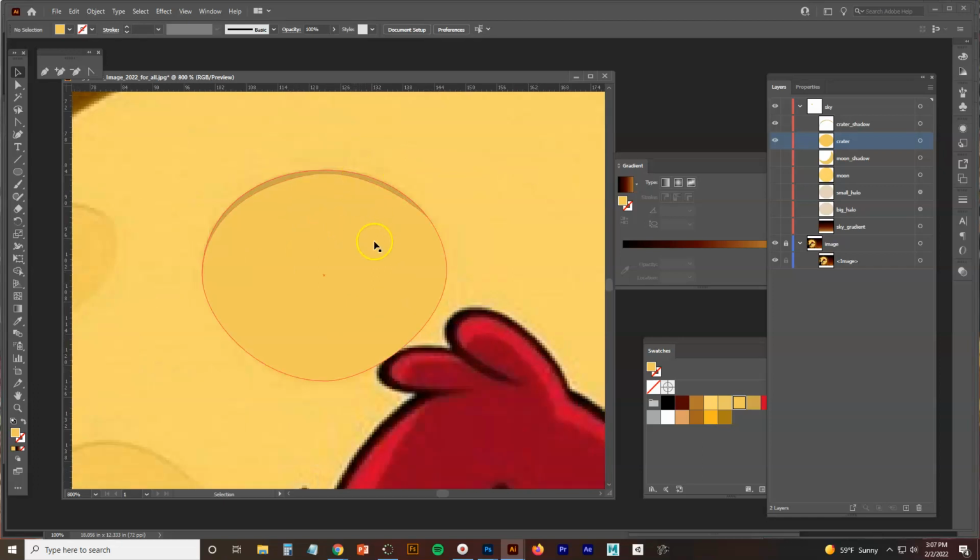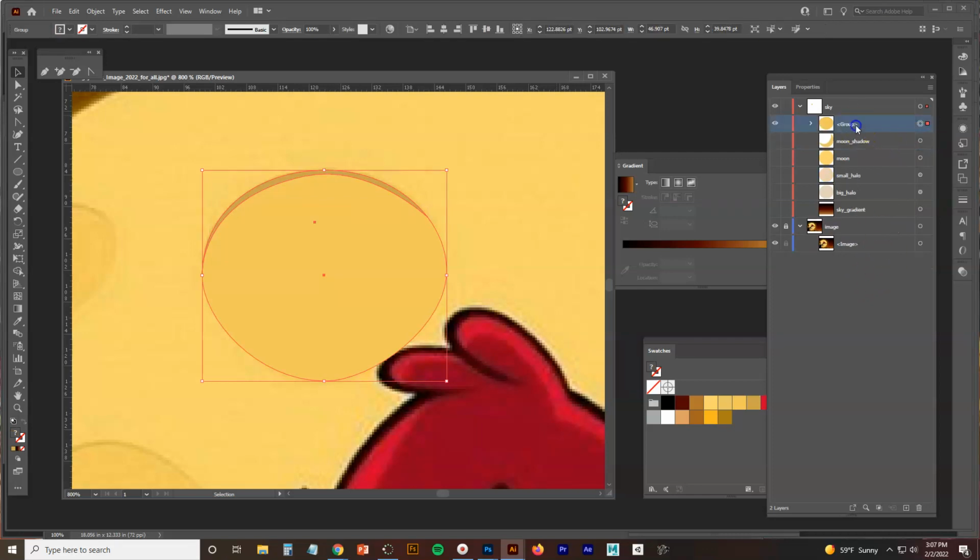Now what we want to do is group these, so I'm going to use my layer window to click and select my crater shadow, and I'm going to hold down shift to add the crater to it, and hit Control G for group. Now we have crater 1 group,